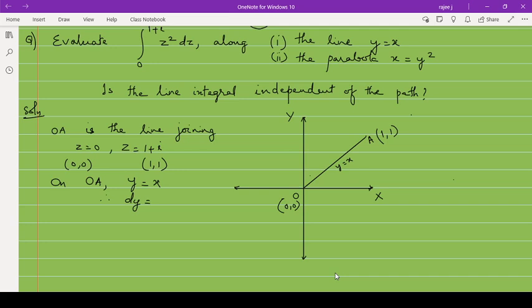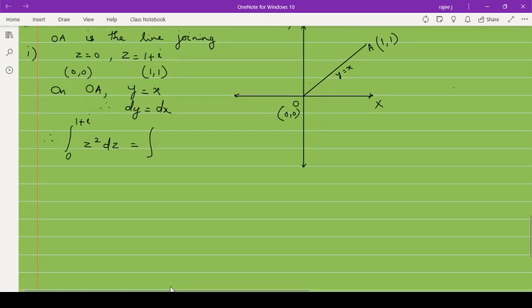On OA, y equals x, therefore dy equals dx. Now x varies from... dy equals dx. So this integral from 0 to 1 plus i of z square dz can be written as